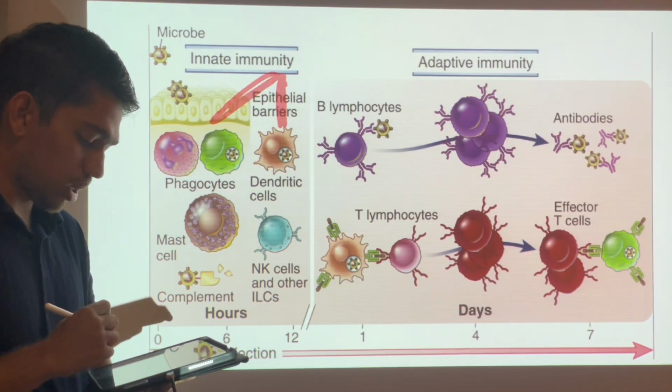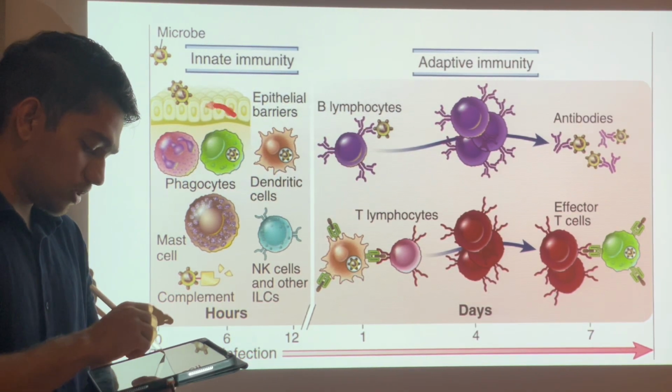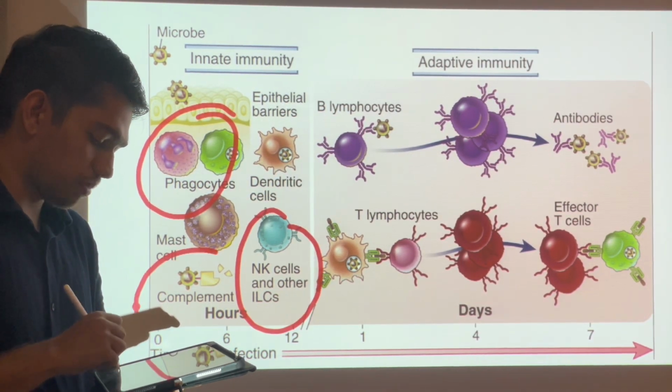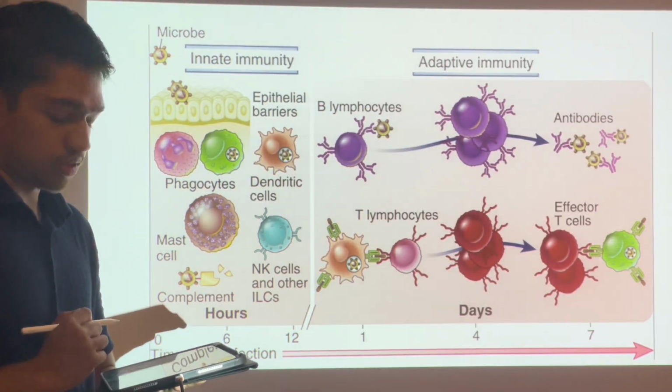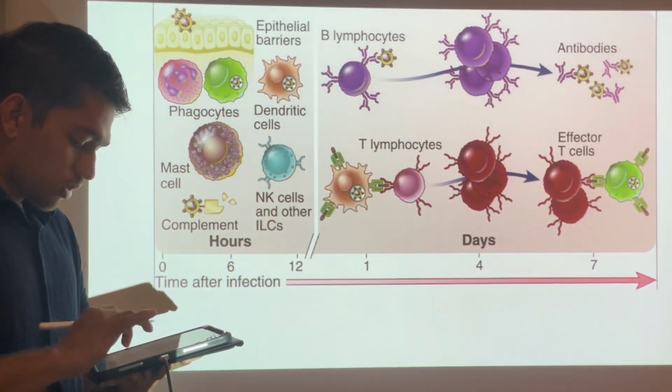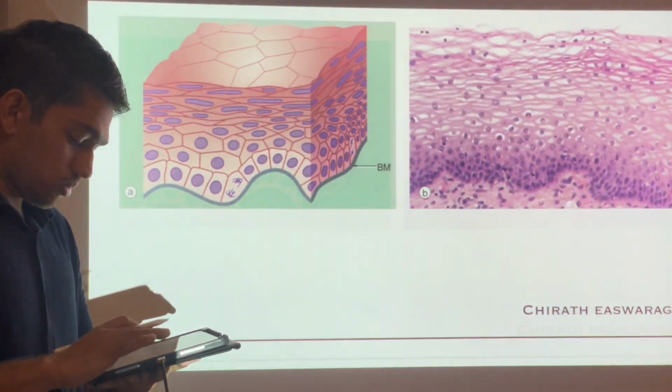So epithelial barriers are out. Now it's going to face these phagocytes, natural killer cells, and complement proteins. Others are not necessary for you, right? So what is phagocytosis, right? It's this,